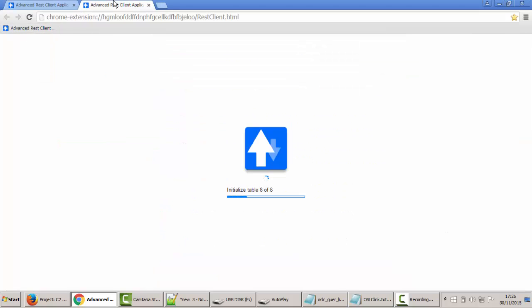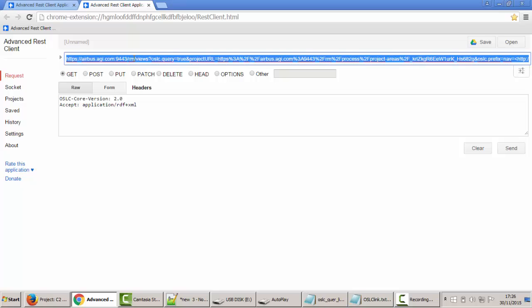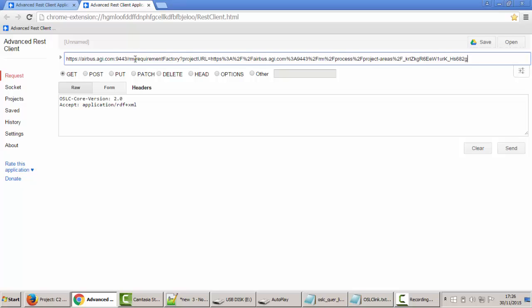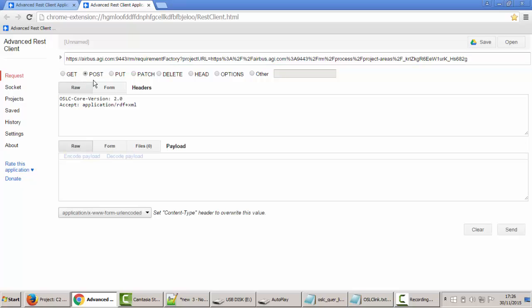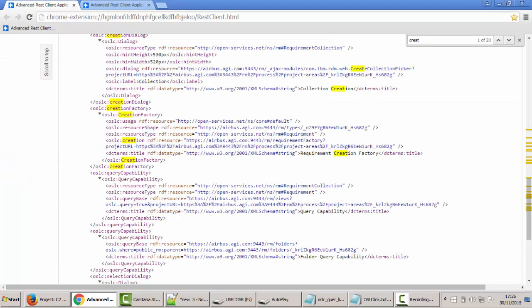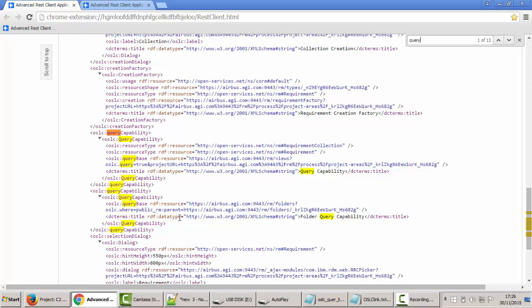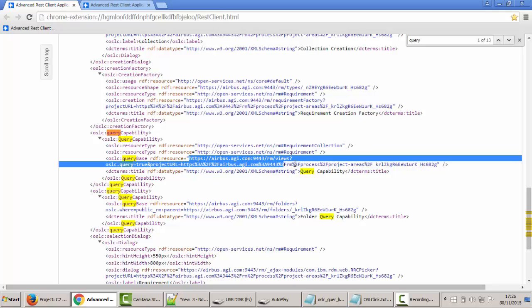I'm going to open up a new instance of the Advanced REST Client and paste in the creation factory. I'm going to change my get to a post, and this means I now have to deliver a payload, and this is where I put the RDF XML for my new requirement. Now the easiest, quickest way to get the RDF XML for the requirements is to use an existing one and modify it. So I'm just going to do a quick query,